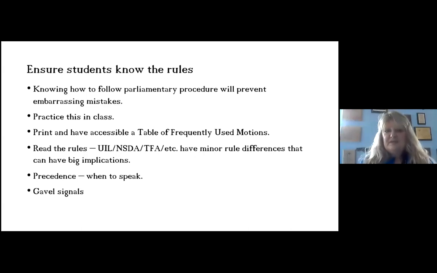The other thing is teach them parliamentary procedure by practicing in class. So I would have them rotate who is PO so that they can get that practice in. And then we did practices in class at least 3 days a week. And then we also did after school practice twice a week.